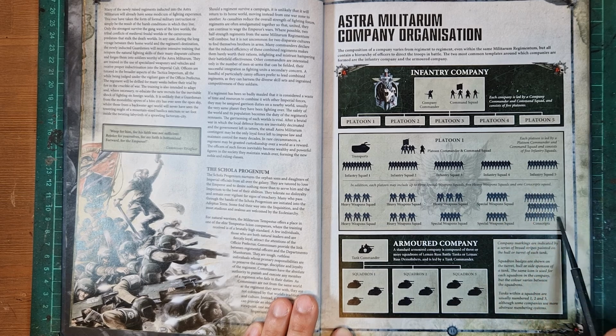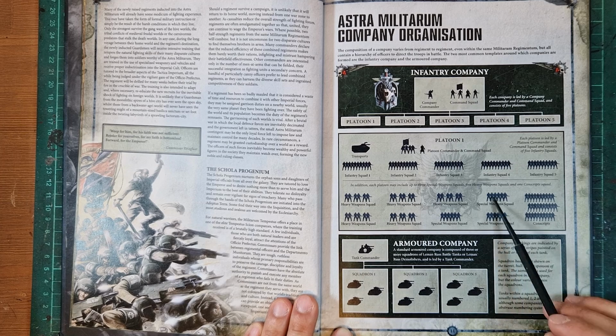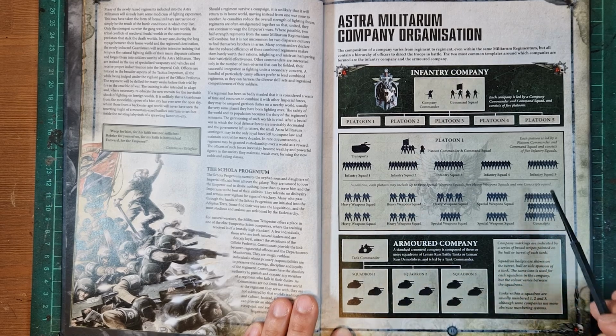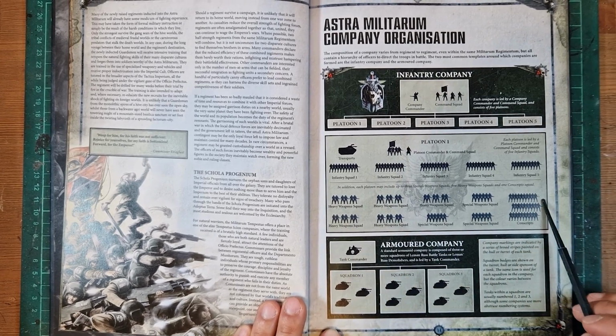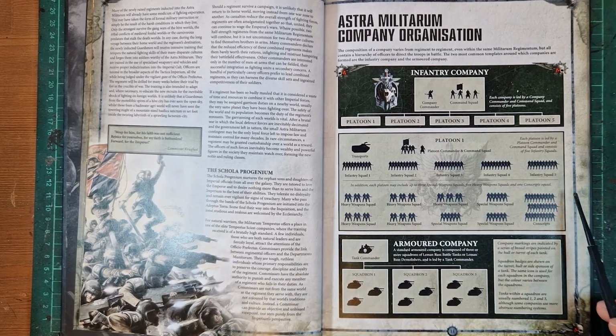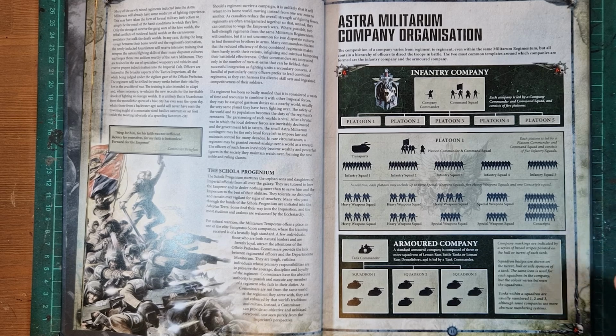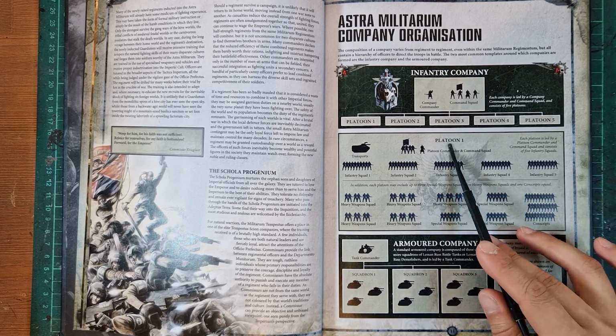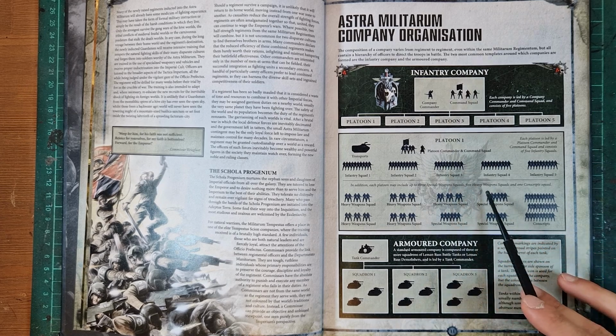So conscript is 20, that's 70. You've then got their groups of 5, that's 5, 10, 15, 20, 25, 30, 35, 40, 50, 100. Yeah, that's a company, because a modern day company is 3 platoons of 30, gets to about 100. So simple math is that an Astra Militarum platoon is basically a company size in modern day